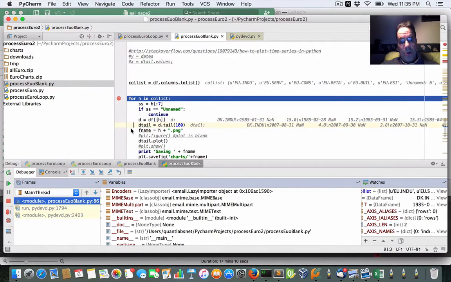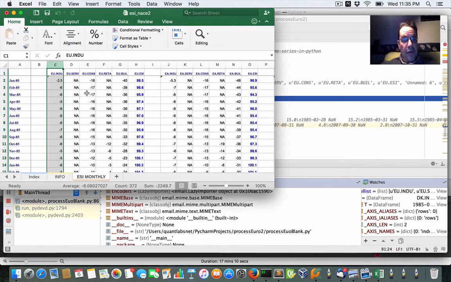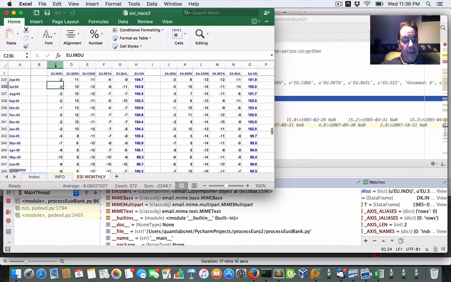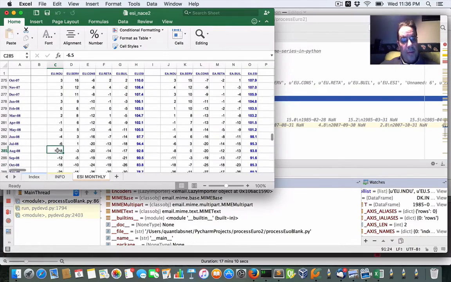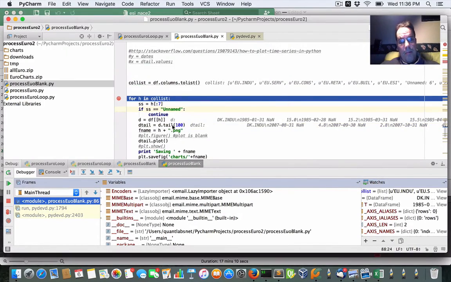data in that column. So what the tail does here, it will only pull out or extract the last 100 rows in that column. So essentially, if you look in this column, and I go to the end, there's 387, I believe. Sorry, 372. So this whole column will be in D, but what we're doing is extracting the last 100, using the tail of 100, and that is put into detail. So if I look at detail,